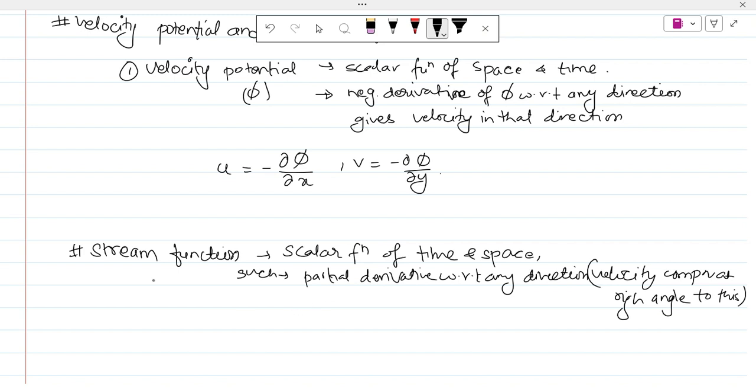Suppose we have a stream function, and I take the partial derivative of the stream function with respect to x, and the partial derivative of this function with respect to y gives the velocity at right angle to that direction, this is minus